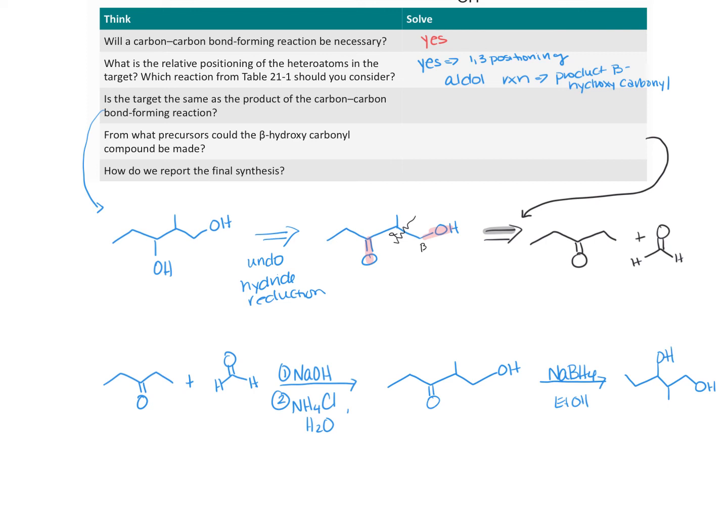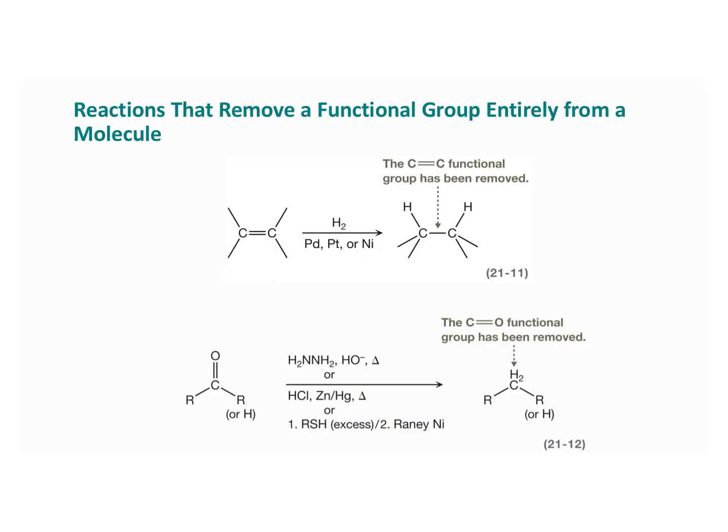So this is a way where those positions of the heteroatoms help us with figuring out what reactants and what reactions we should use. Okay. Now, other things to consider. When we design a synthesis, we typically begin by looking for structural features in the target that suggest certain reactions. Right. And when we were in chapter 21,